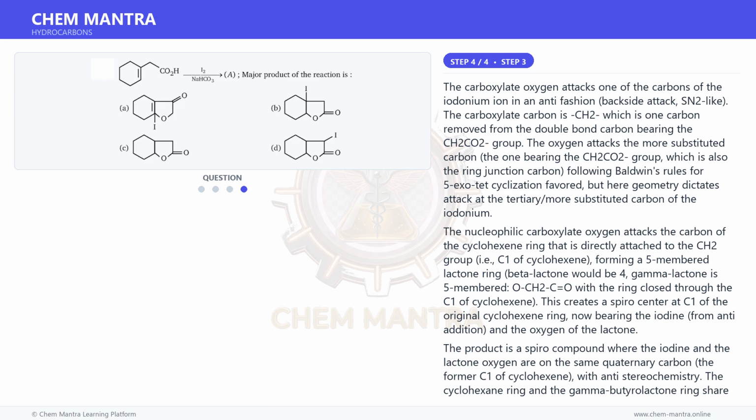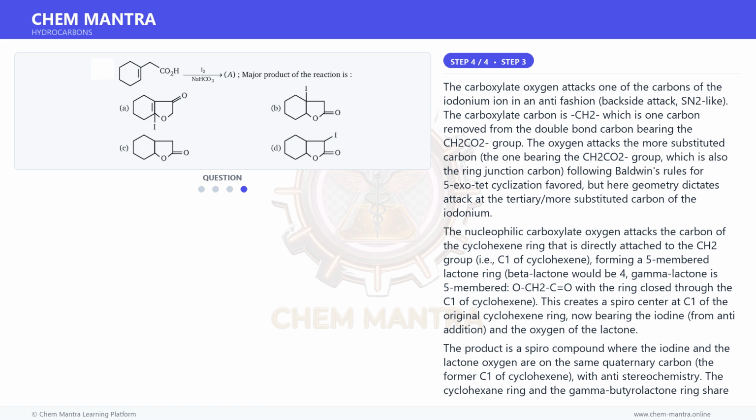of the iodonium. The nucleophilic carboxylate oxygen attacks the carbon of the cyclohexene ring that is directly attached to the CH2 group, i.e., C1 of cyclohexene, forming a 5-membered lactone ring. Beta-lactone would be 4, gamma-lactone is 5-membered, OCH2C=O with the ring closed through the C1 of